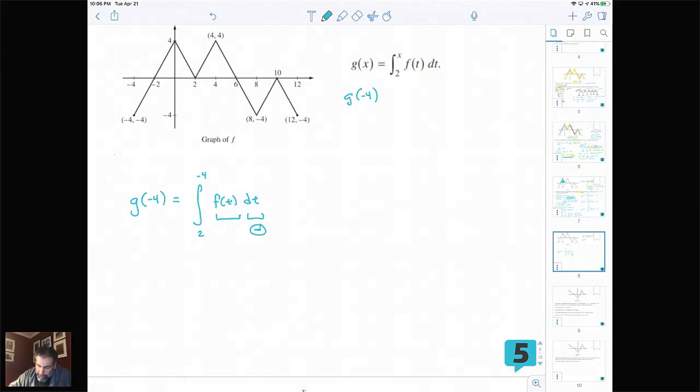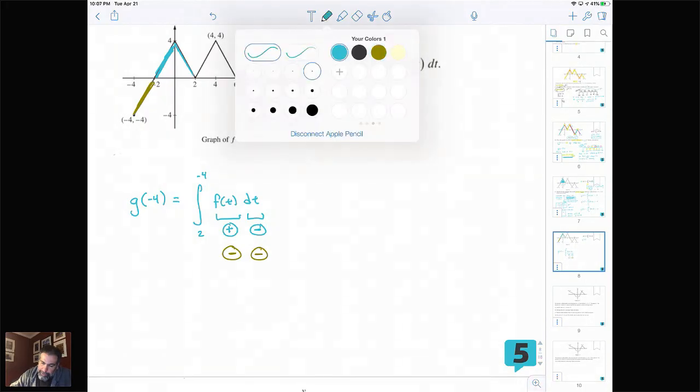So now, what's f of t in this region? Well, from 2 going back to negative 2, f of t is positive. But the problem is it crosses over, and it actually becomes negative in this region. So what I'm going to do now is really do a two-sign analysis. For the part I'm labeling as that blue color, I've got a positive f of t and a negative dt. For the part I'm labeling as that gold color, I'm still moving to the left, so dt is negative, and f of t is negative,